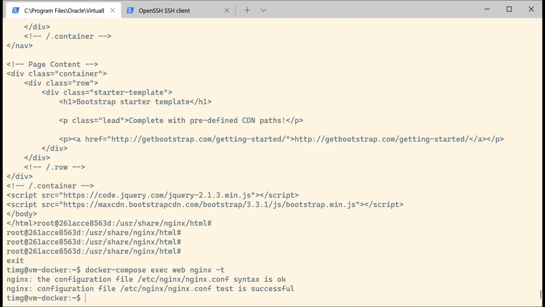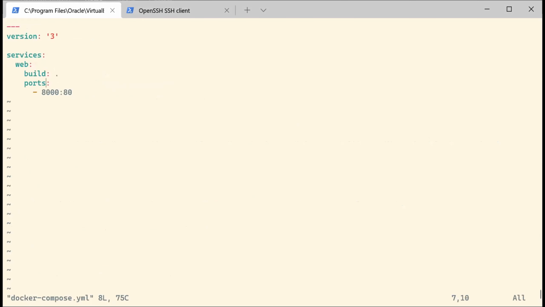All right. So now that we have this Docker Compose environment working with our own custom image for Nginx, we are going to build more things. Let's say that I would like to run MySQL. I'm going to use a MySQL server Docker image that I can find somewhere. But what I'm going to do here is